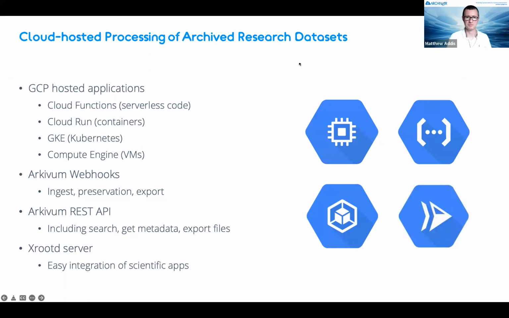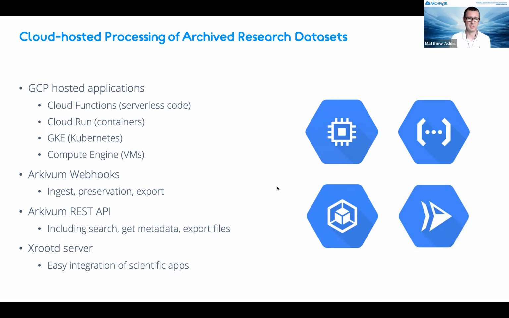Cool. It's not particularly exciting trying to demonstrate XRootD, but the whole point is that you can get stuff out of the ARKIVUM solution and make it accessible through different protocols, so it's immediately usable by different sorts of applications. I expect to use data that way. And that's all part of enabling processing of archive research data sets in the cloud, so co-locating applications with archive data. We do that in GCP